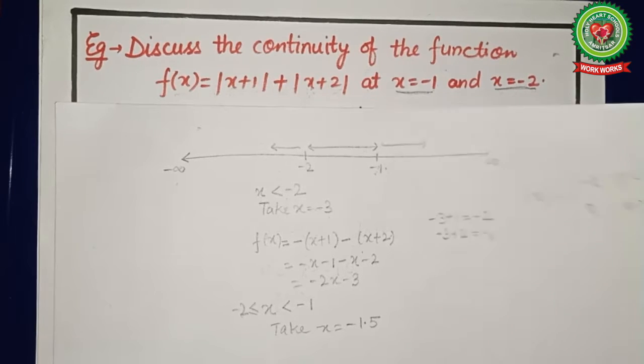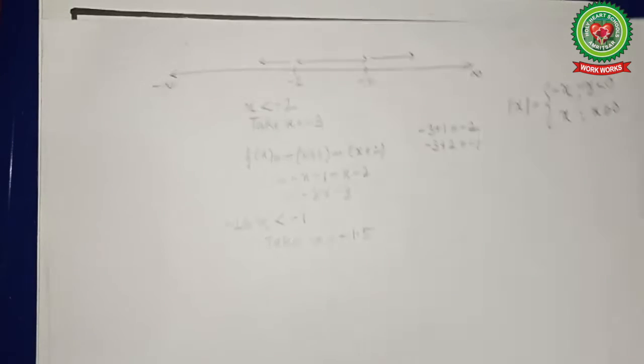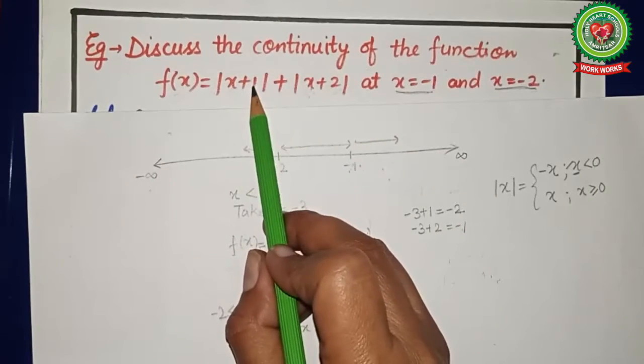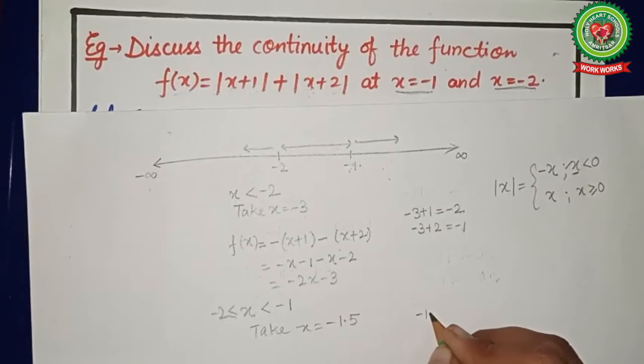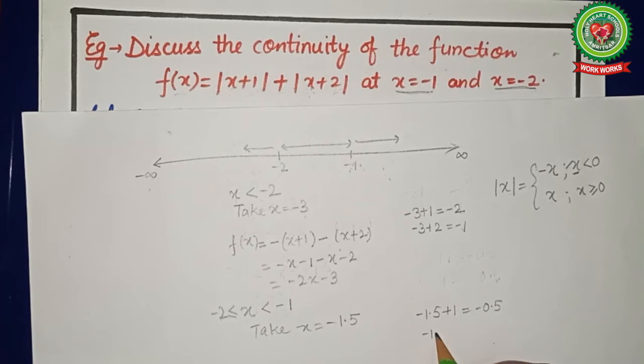Again start solving by checking the sign of each value. In the first case, when you put -1.5, we get -1.5 + 1, so the answer is -0.5. The first value is negative, and for the second, -1.5 + 2,